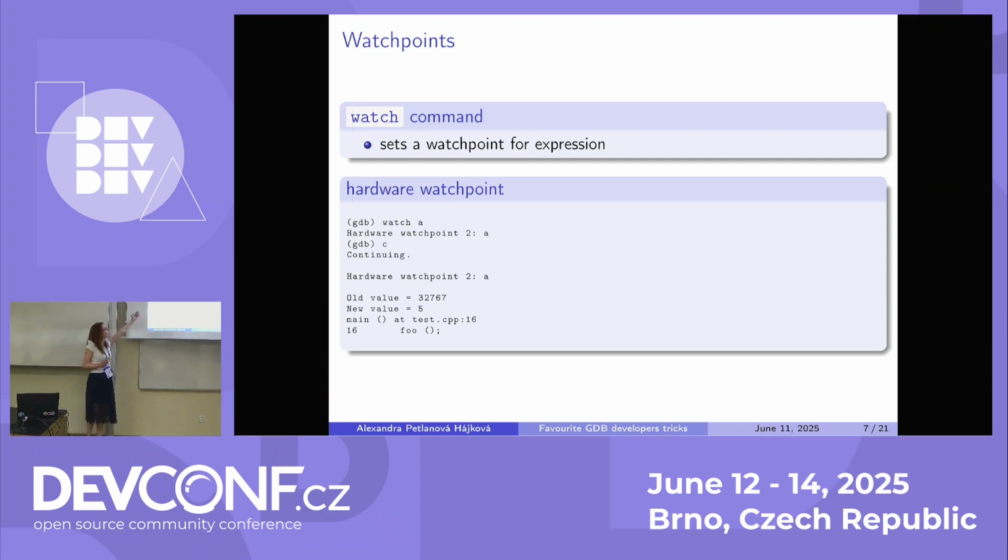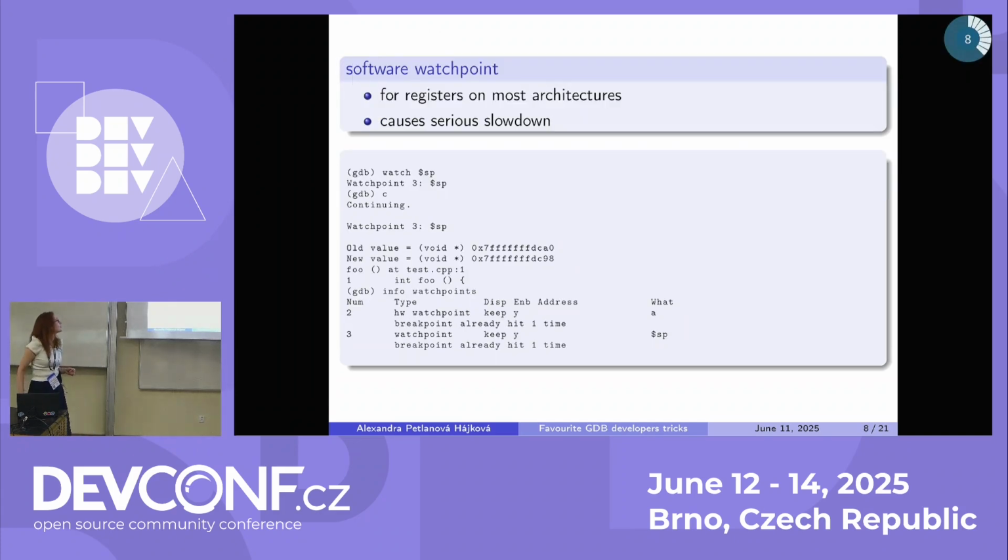Here it's a hardware watchpoint. A hardware watchpoint is typically what you want, because it's a hardware feature and it's fast. But sometimes hardware watchpoints are not possible, and you have to set a software watchpoint. For example, if you want to watch a register value, for most architectures it's not supported. So it will be a software watchpoint, and when using software watchpoints, GDB has to step through each instruction, so it's very slow,